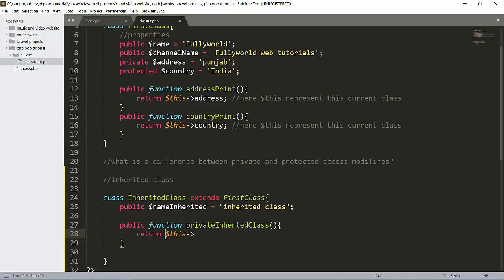Why are we using $this? Because all these properties are copied to this class, so we can use $this because these are properties in this inherited class also. So we use this and this, address and name. Copy this and this. Now let's see, we are returning the private property from the other class.